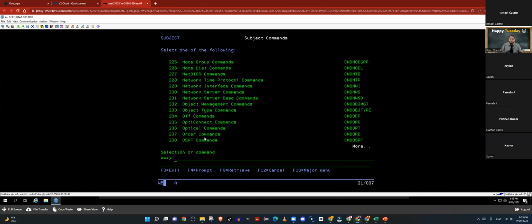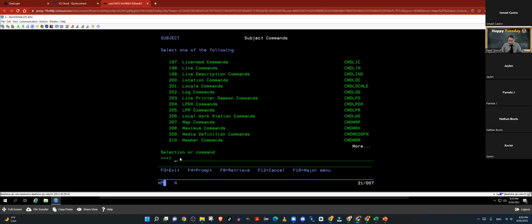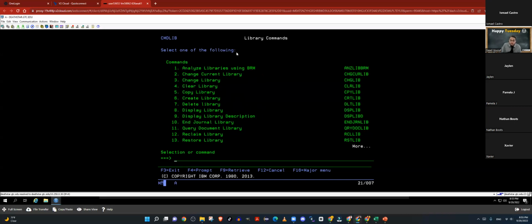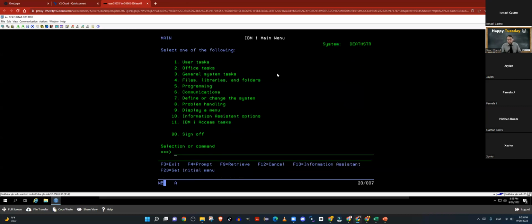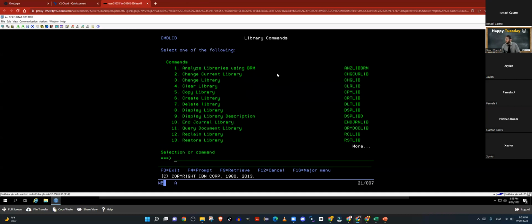I could actually go through the long process by typing 195 and then going to the library commands, or I can just take a shortcut and type go CMD LIB and still land in the same place. So whatever works, shorter or longer route, doesn't matter, you get to where you need to be. So now I'm looking at all the library commands. The one I'm looking for is